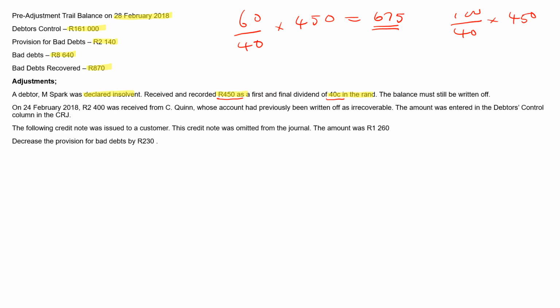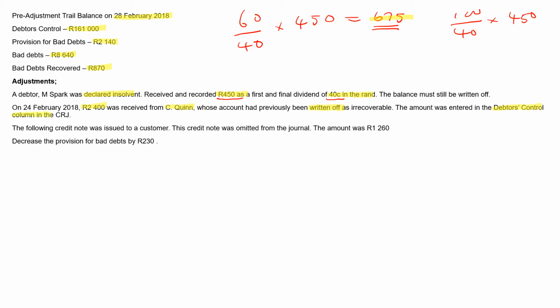Okay. Then on 24 February 2018, 2,400 was received from Sequin. Right, there was an amount received from Sequin. How much? 2,400. Whose account had previously been written off as irrecoverable, just like we're writing off 675. Then later on the person comes and pays off. Maybe they got money from somewhere or they are now solvent, then they want to settle with whoever they owe. The amount was entered in the debtors control